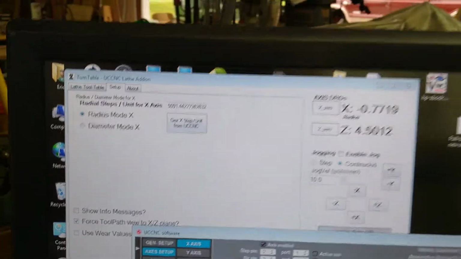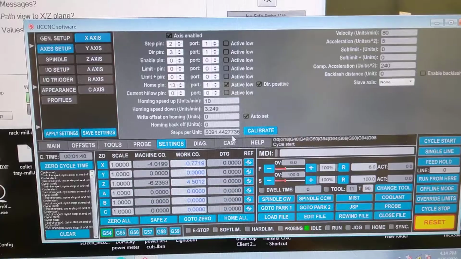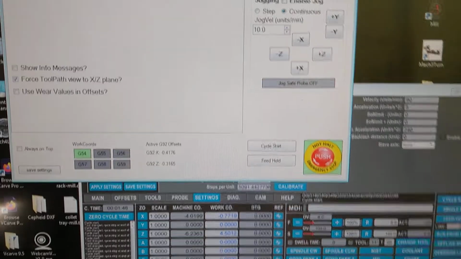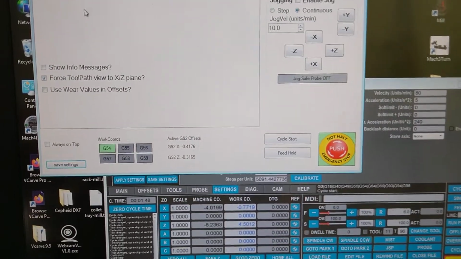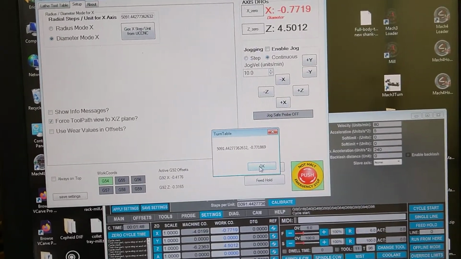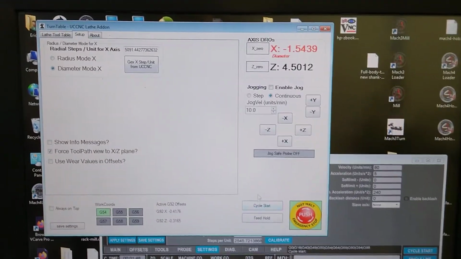If you go into settings here for the x-axis, your steps per unit, right? You've got a button here, you hit that, it'll pull that into here, and then you want to save that off so it stays put forever. And then what happens is when you go into diameter mode, this pop-up won't happen at a later time when the bugs are out, but